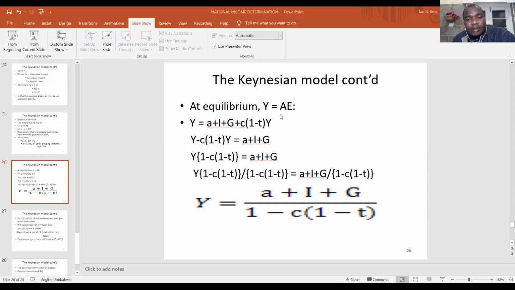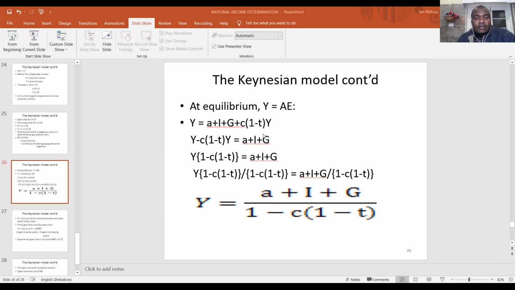So at equilibrium, Y is equal to AE. And our AE is from the previous slide, we know that our AE is simply a plus I plus G being the vertical intercept, plus the income-induced part,